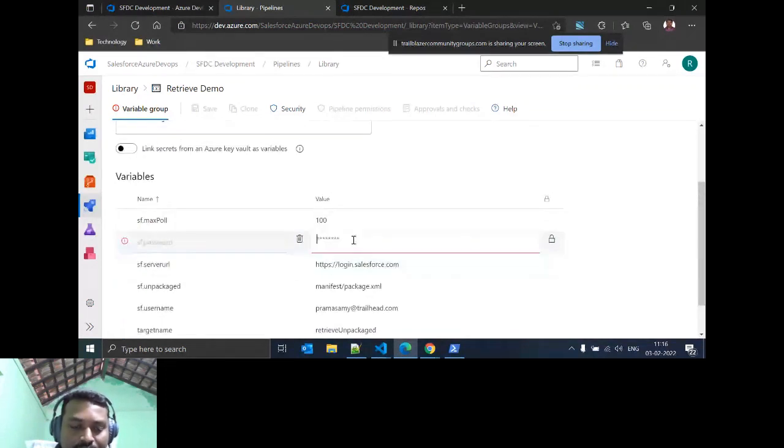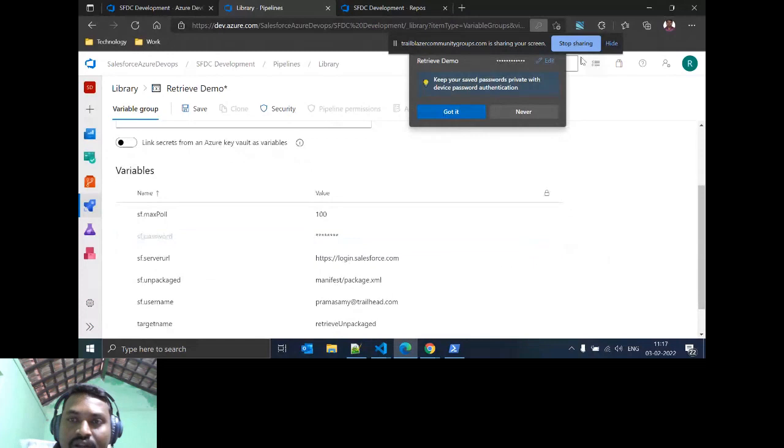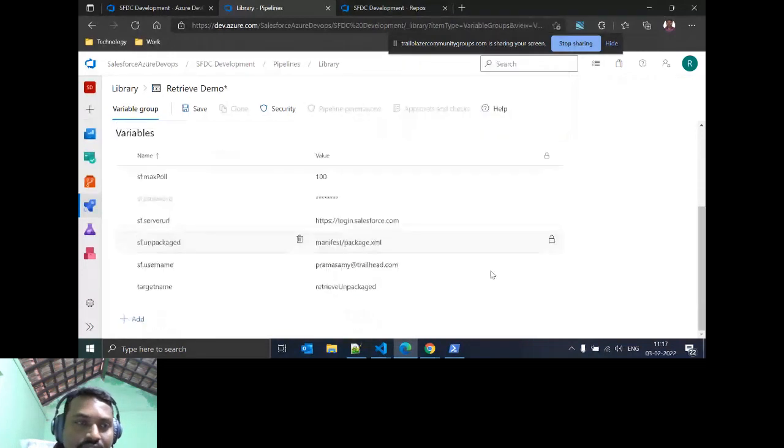Then here we need to set up our password. The password should not be visible. That's why we are using this marker. If you put the marker, then no one can see your passwords. Then I'm going to save. Now I create the new